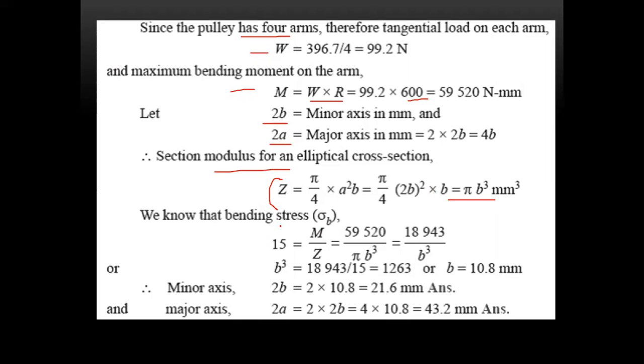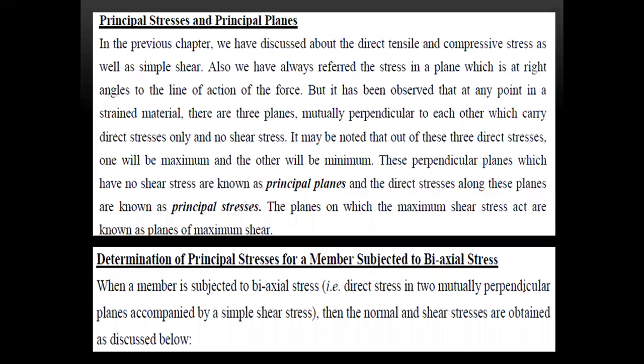Therefore, the bending stress is equal to M by Z. Substitute the value Z is equal to pi by 4 B cube. So we are getting B is equal to 10.8. Minor axis 2B is equal to this one. Major axis 2A is equal to this one. Next,